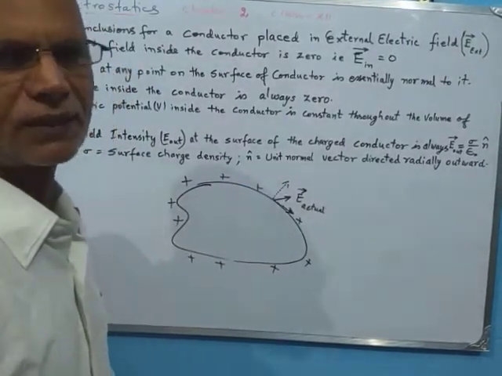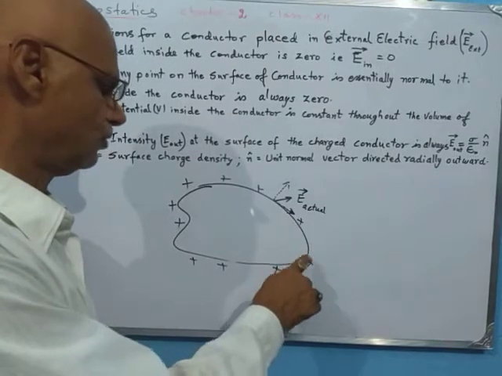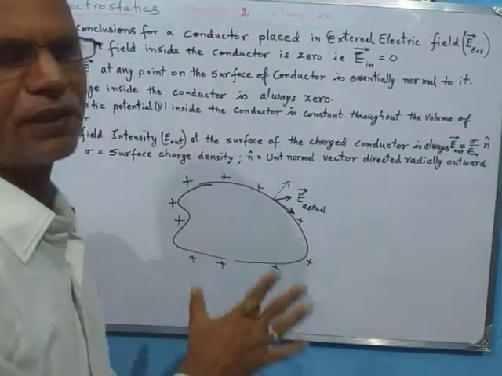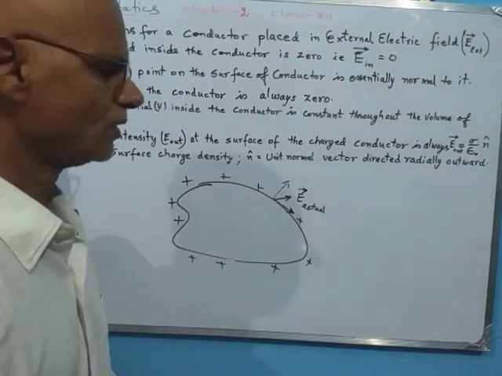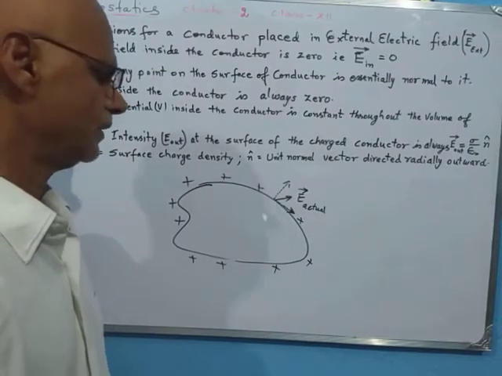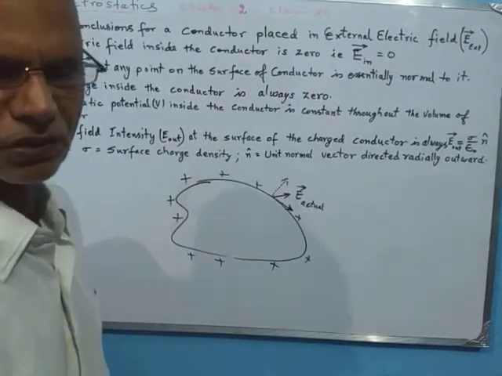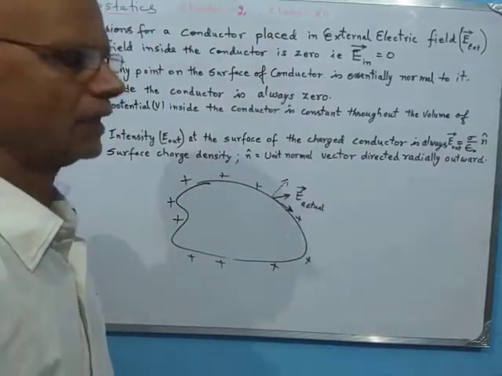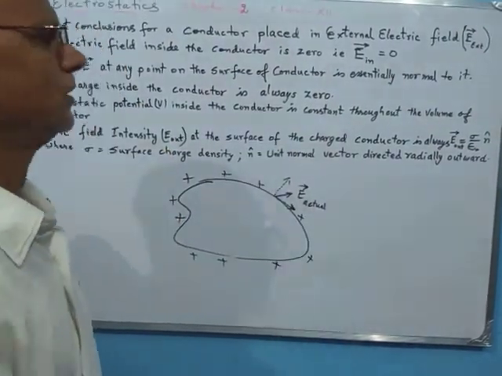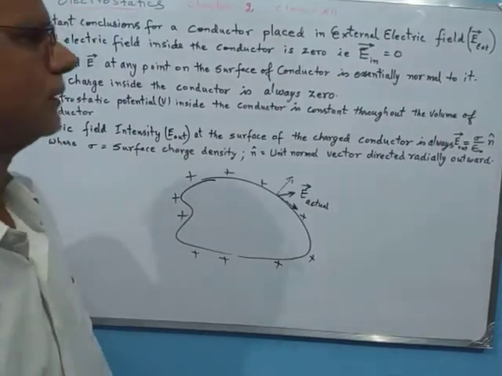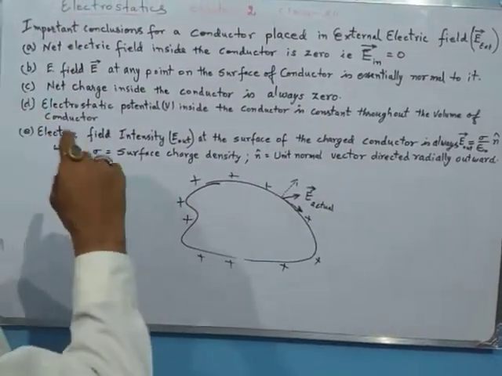Once the direction of electric field becomes normal to the surface at any point on the surface, only then are the charges no longer reshuffled on the surface and no longer producing a new electric field spontaneously. So our assumption that the electric field is not along the normal to the surface is wrong. Therefore we are left with the only choice, that the electric field is always normal to the surface, and this is how we prove that the electric field at any point on the conductor is always normal to the surface.